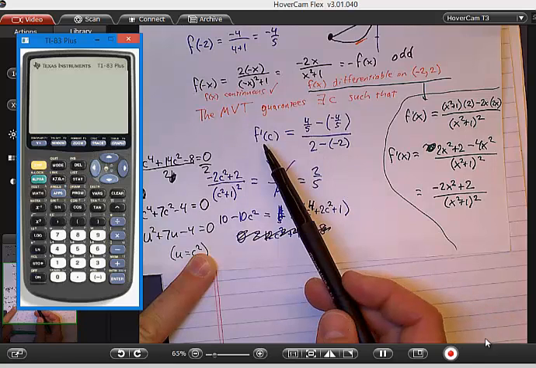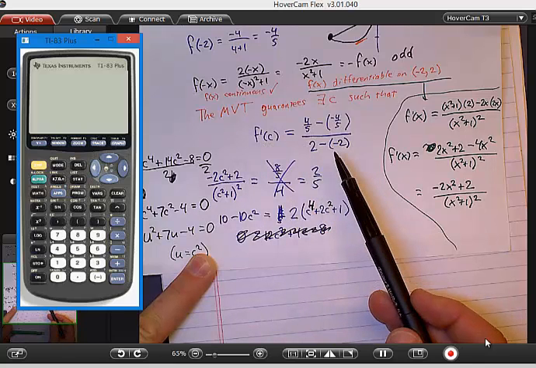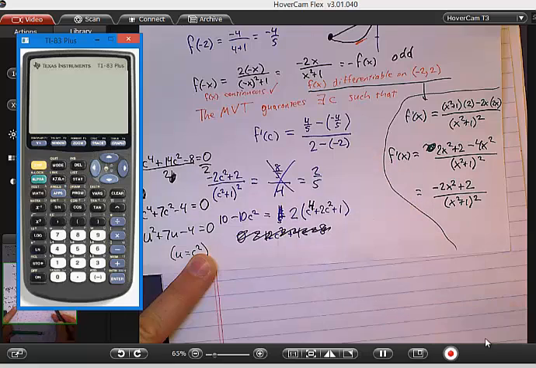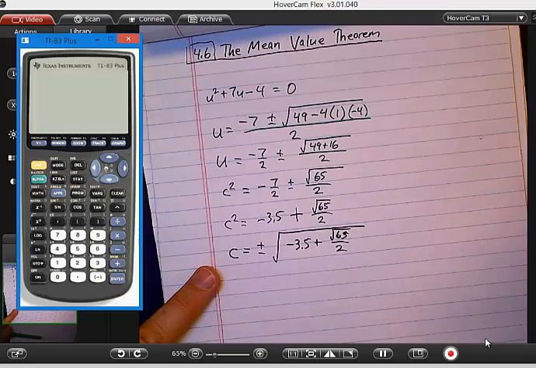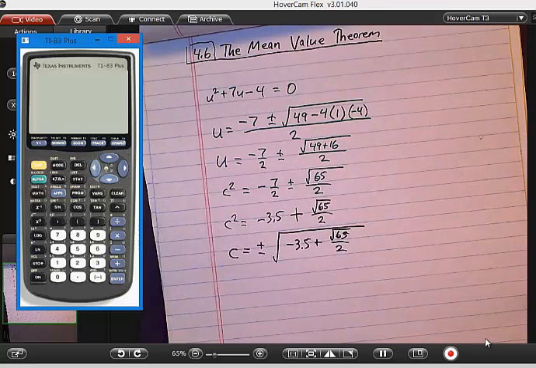F prime of C is IROC. We computed AROC, the slope of the secant line. What was the slope of the secant line? It was 2/5 when we simplified, right? 0.4. What I just computed is that if I use either of these C values, IROC will also be